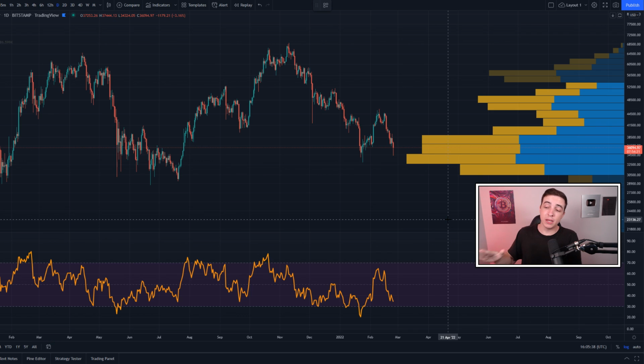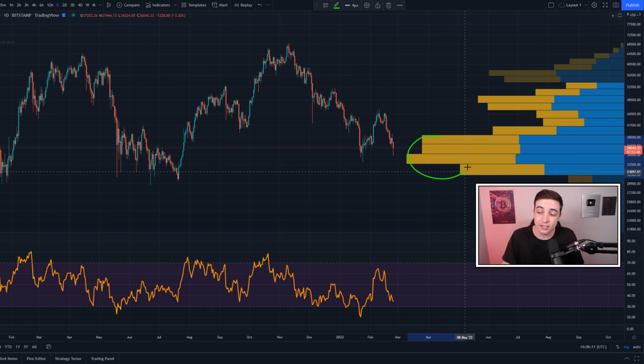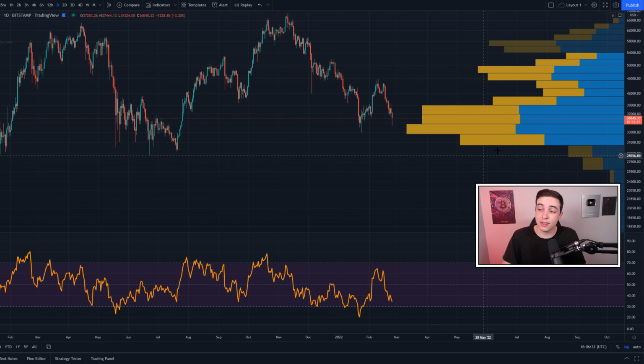And looking in the VPVR indicator on the daily time frame, this also backs up a lot of that information about those important levels of support. But rather than telling us specific levels of support, this is telling us a massive range of support, which started at around 39,000, and this is going down towards around 30,000. So pretty much the entire $30,000 price range is a lot of support for the Bitcoin price. So it is very important that we remain above those June and July lows, because if not, in this VPVR indicator, the volume really starts dropping off. So technically the support really starts dropping off if we fall below around